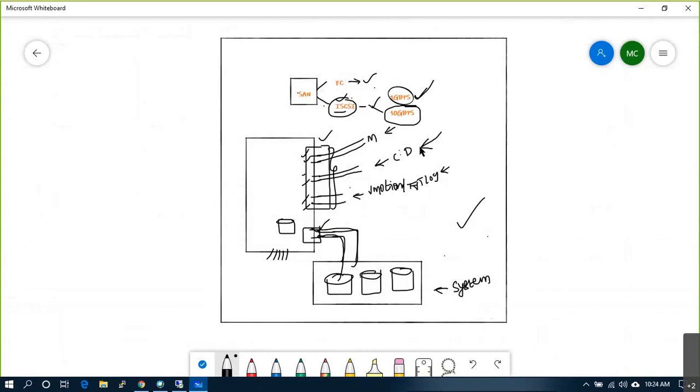Remember, if your company or your customer is looking for 10 GB speed, forget about these things. These are 1 GB only. But this part is there, no? From here to here, in between these two systems, I need 10 Gbps, 10 GB per second. For that, the setup is something different. How does it look like? Let me show you in the picture.